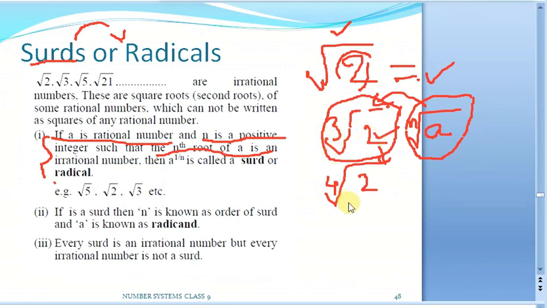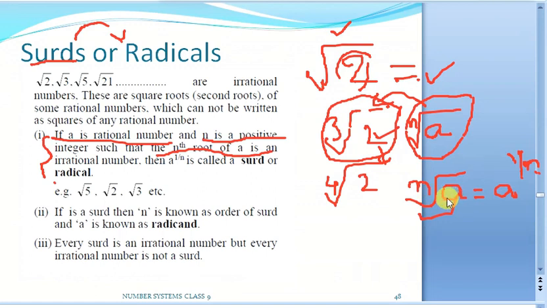Let us take one more example, 4th root of 2. Our general form for surds is nth root. Don't get confused, we can write it in 2 ways. The same thing can be written as a power 1 by n. We shall use this latter form, a power 1 by n, for simplification purposes. But for comparing, we will use the first form.